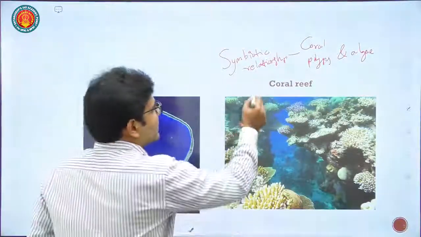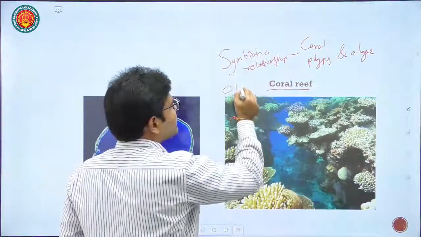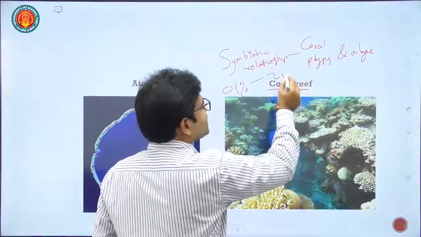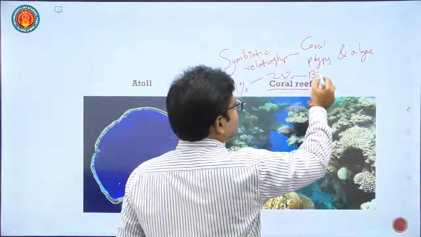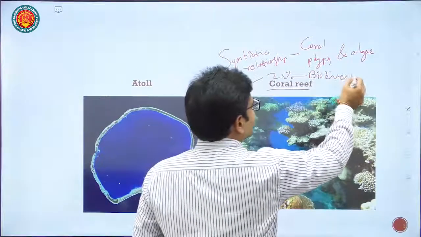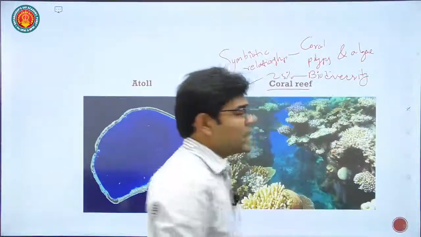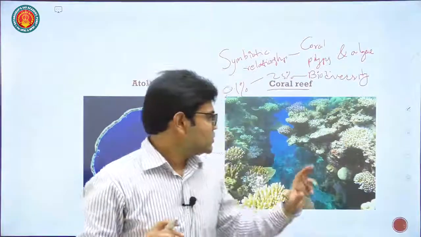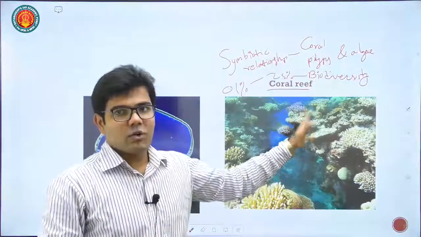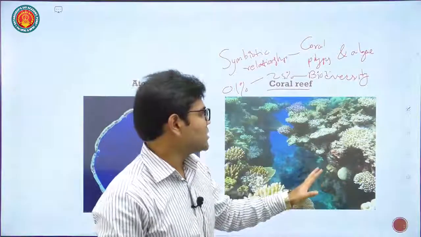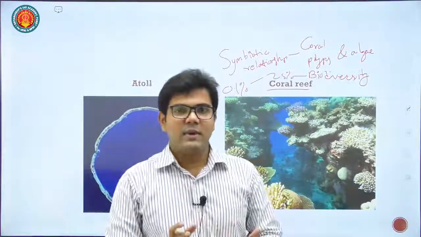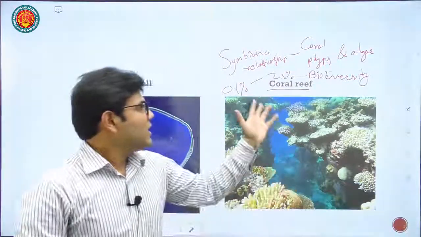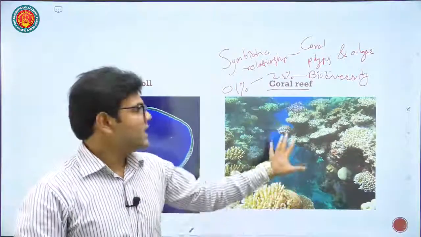Coral reefs occupy only 0.1% of the area of the oceans, but they sustain almost 25% of the biodiversity of the ocean. Like on land, we have a huge amount of biodiversity in the tropical forest. Likewise, we call coral reefs the tropical forest of the oceans. It's not that in the Andaman they are entirely absent; in Andaman and Nicobar also, some of the islands are of coral origin, but here in Lecture-02, almost all the islands are examples of coral reefs.